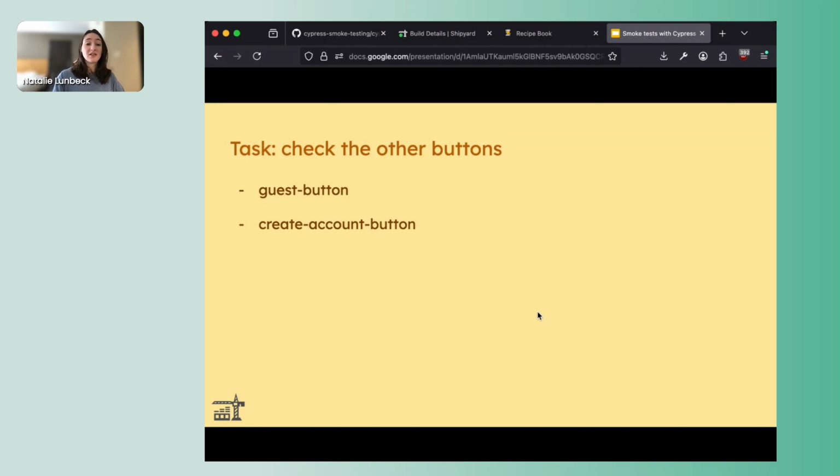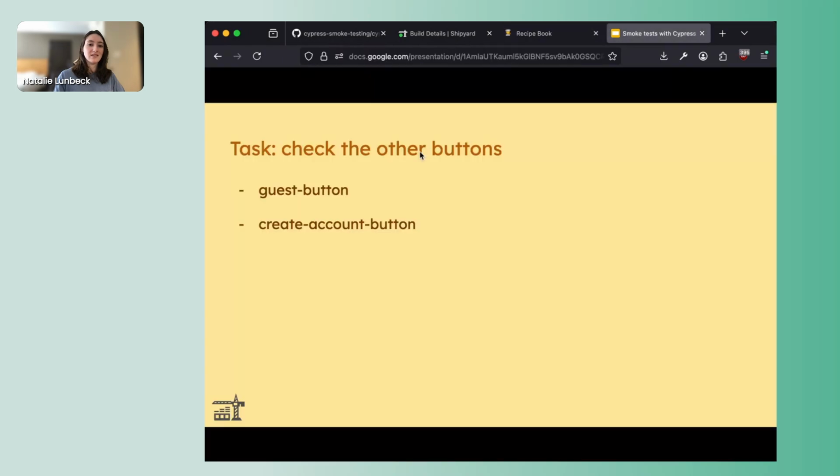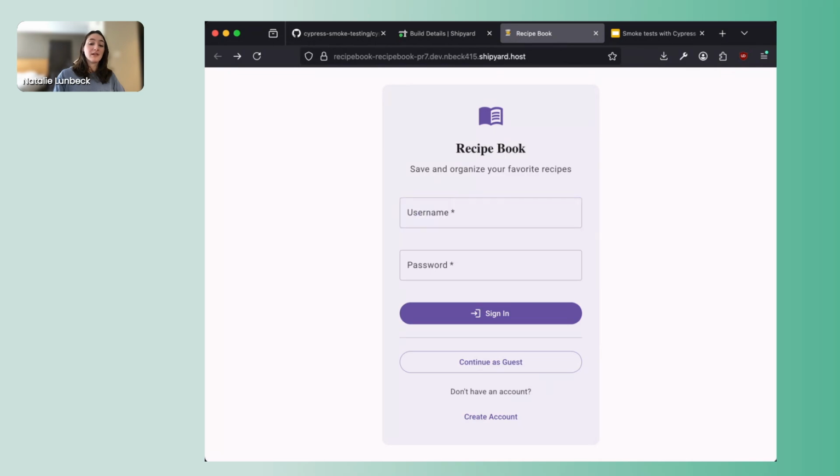Let's check the other buttons here. Let's check the guest button and the create account button. So we have the continue as guest and create account buttons. Those should be enabled at all times. There shouldn't be any conditions to those. And the test IDs should be guest-button and create-account-button, or you could inspect the